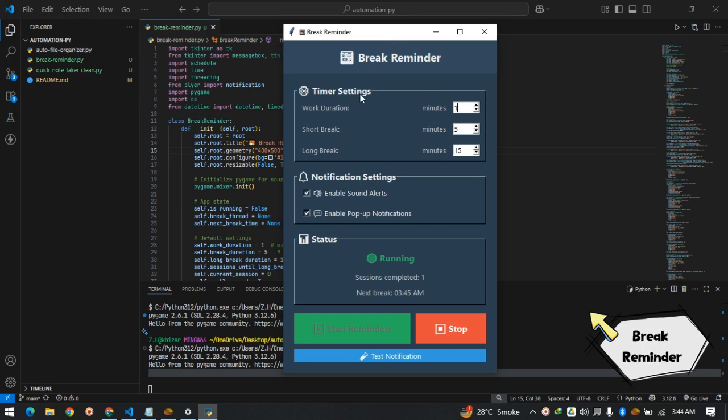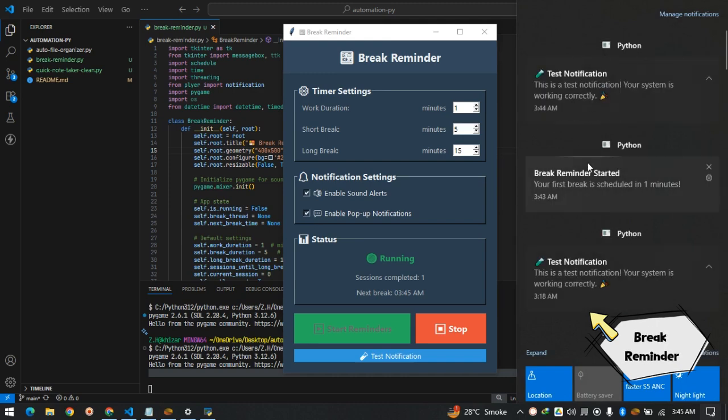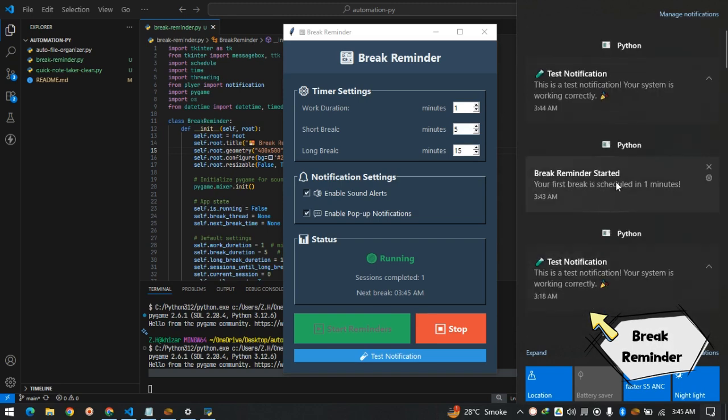So it's a basic application. Here's the time setting and notification setting, and the notification status you can see here. And it also gives a desktop alert. Your first break is scheduled in 1 minute and so on. You can see that I was testing this application